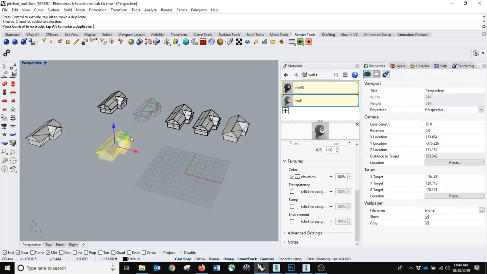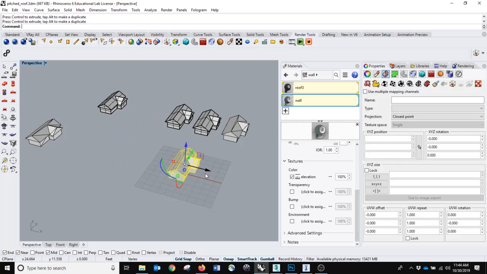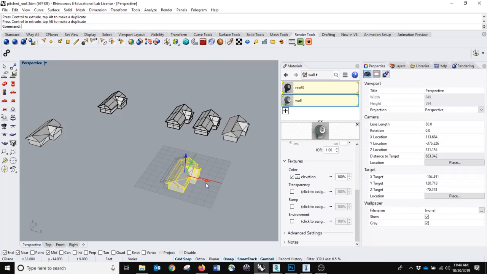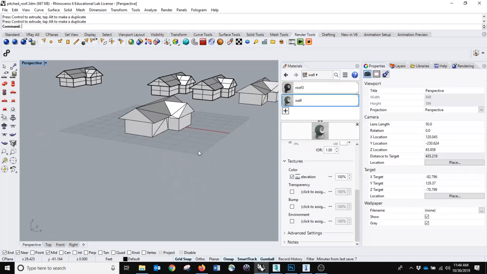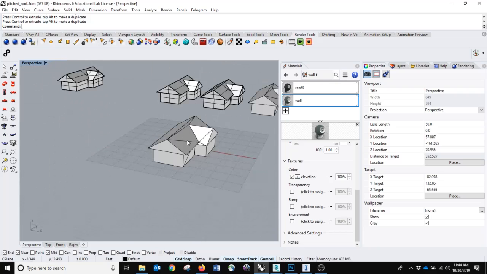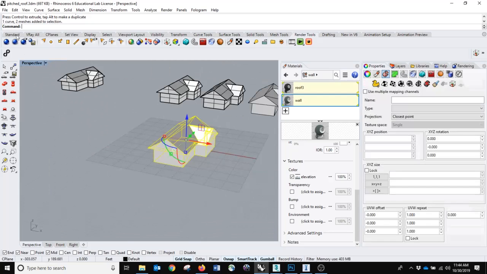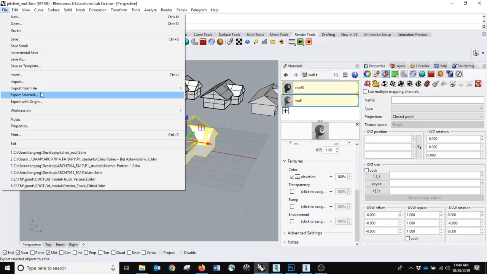In Rhino, it's not as easy as Max. You can't really change the pivot easily, so I prefer to just move the building back to 0, 0. Okay, so that's the snapping point at the bottom. Then I'm going to export selection